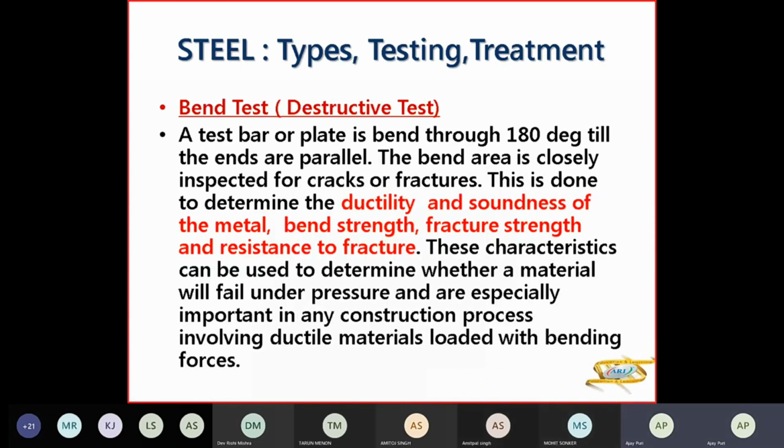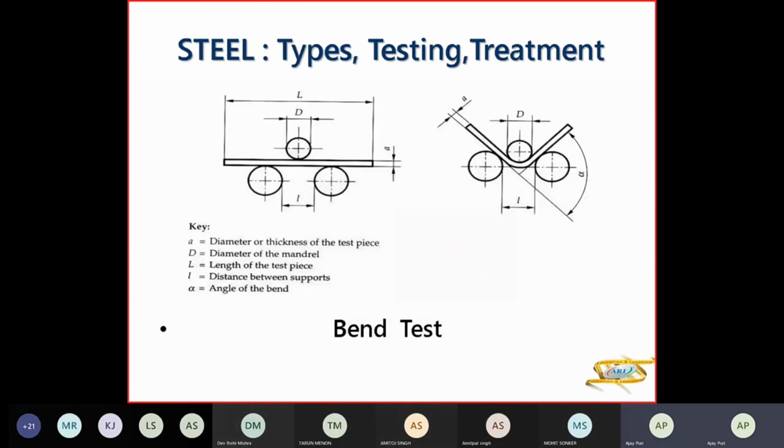दूसरा आता है टेस्ट इज नोन एज बेंड टेस्ट और डिस्ट्रक्टिव टेस्ट। बेंड टेस्ट में ये डायग्राम पहले दिखाएं। बेंड टेस्ट में ये रॉड है ऑफ लेंथ कैपिटल एल, और यहाँ हमने ये दो सपोर्ट्स रखे, इसको शोल्डर कहते हैं, और यहाँ एक प्रेसिंग पॉइंट बनाया है जिसको हम कहते हैं मैंड्रिल। और सपोज एक रॉड है जो इसको यहाँ से नीचे परपेंडिकुलरली प्रेस कर रही है और ये सपोर्ट कर रहा है ताकि यहाँ बेंड हो, इसको हम कहते हैं मैंड्रिल।